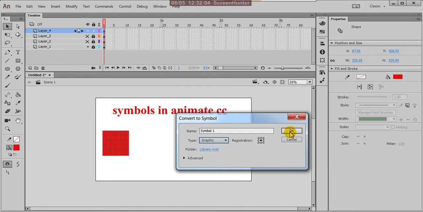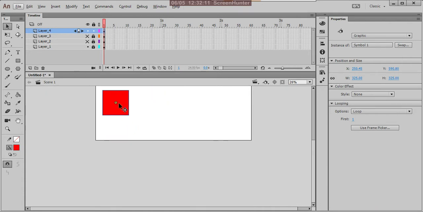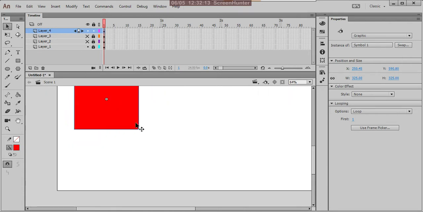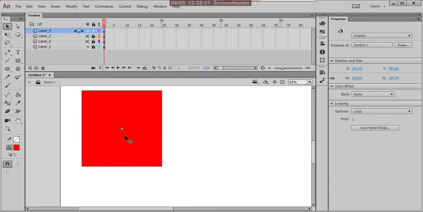Okay, and say OK. Yes, now check your shape. Around the shape there is a blue line, and the dot is the registration mark. We kept the registration mark at center, so because of this the mark is showing at center.